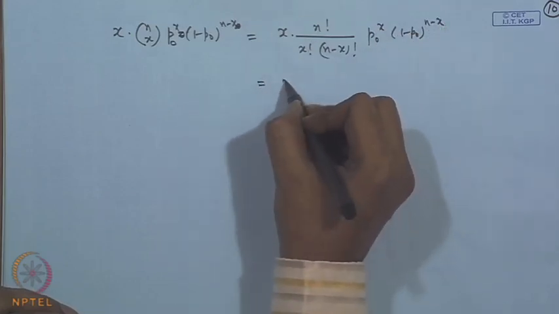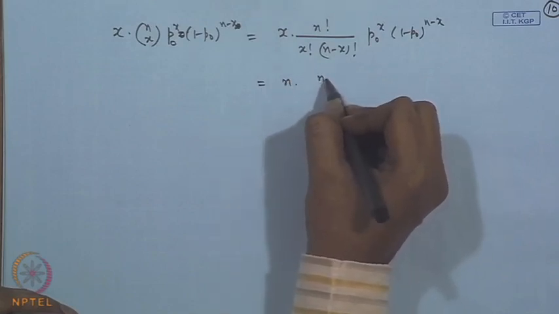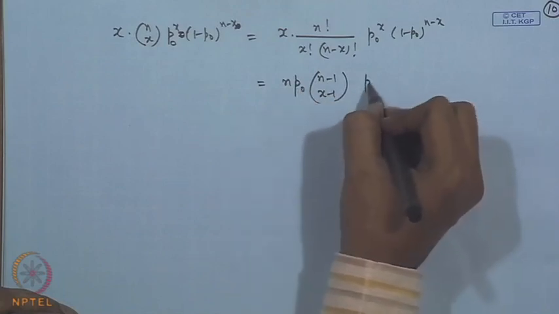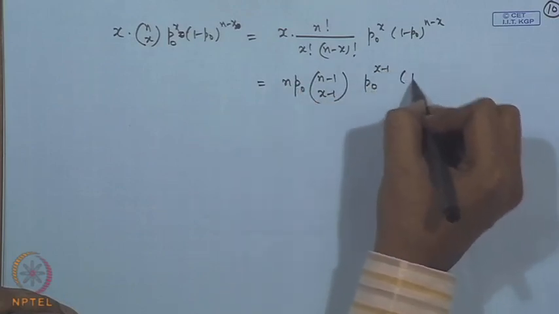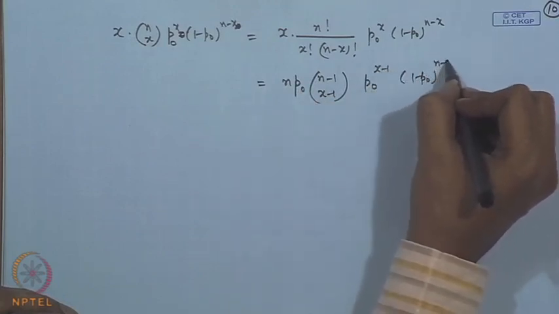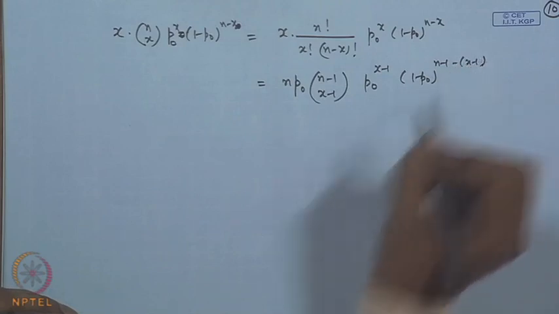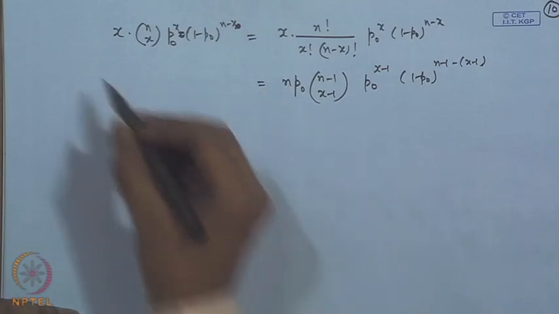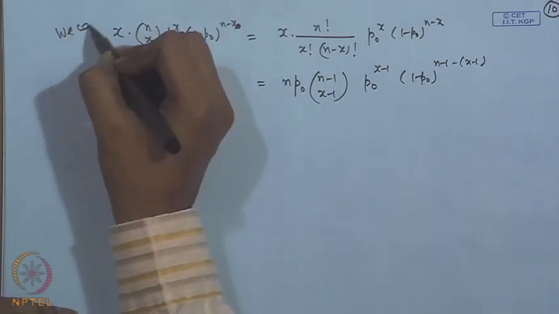This we can write as n into (n minus 1)C(x minus 1), and then p naught to the power x minus 1, (1 minus p naught) to the power n minus 1 minus (x minus 1) here. So, obviously, we can use this